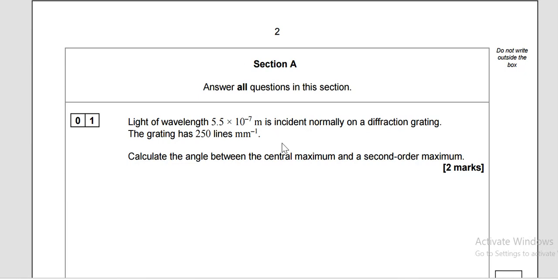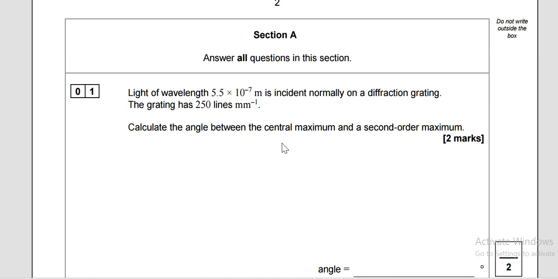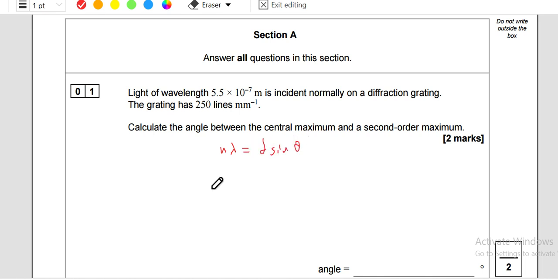This is a diffraction grating problem, and we will use n lambda equals d sine theta. We will rearrange for theta as sine minus 1 of n lambda over d. This equals, by substitution,